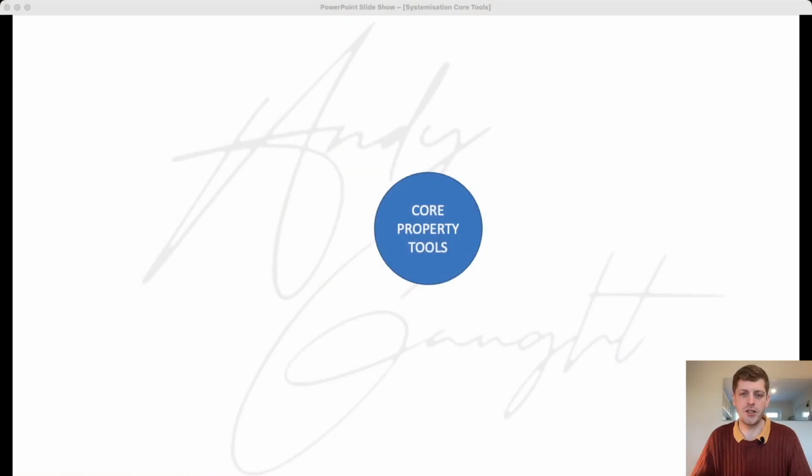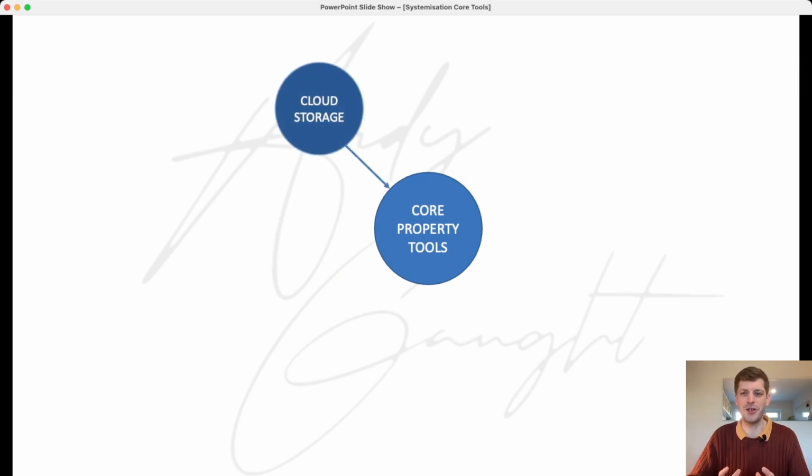Because by doing this, you'll save yourself a lot of time, a lot of stress, and also one of these tools could actually protect your business in the future if something went drastically wrong. So I'm just going to share my screen and go through each of these tools individually. And the first tool that I wanted to go over, and this is the one I was just referring to,